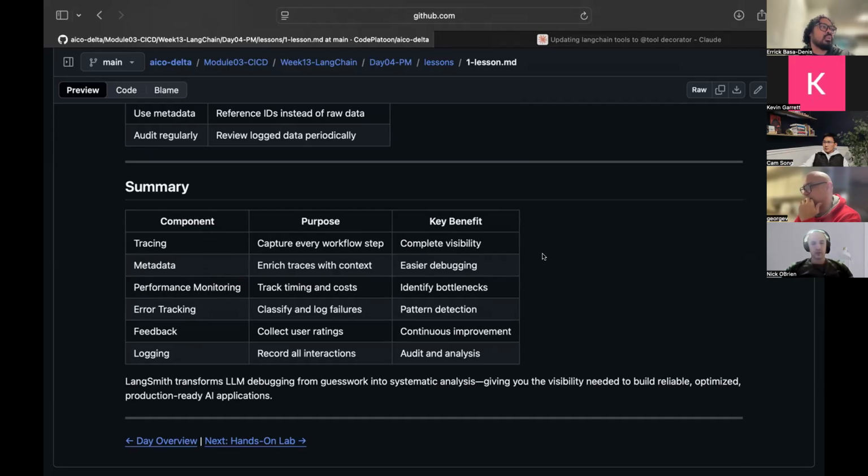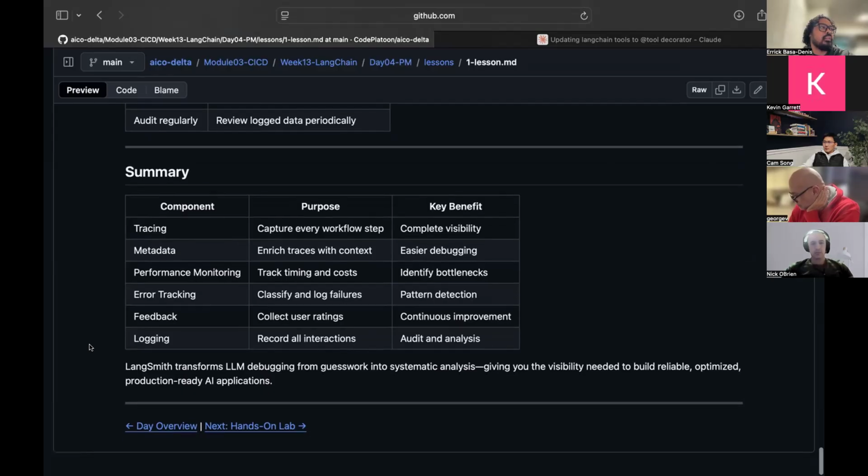For the metadata component, you enrich the traces with context for easier debugging. For performance monitoring, it tracks timing and costs and identifies bottlenecks. Error tracking classifies and logs failures. Key benefit is pattern detection. Feedback is where you collect user ratings for continuous improvement, and logging records all interactions